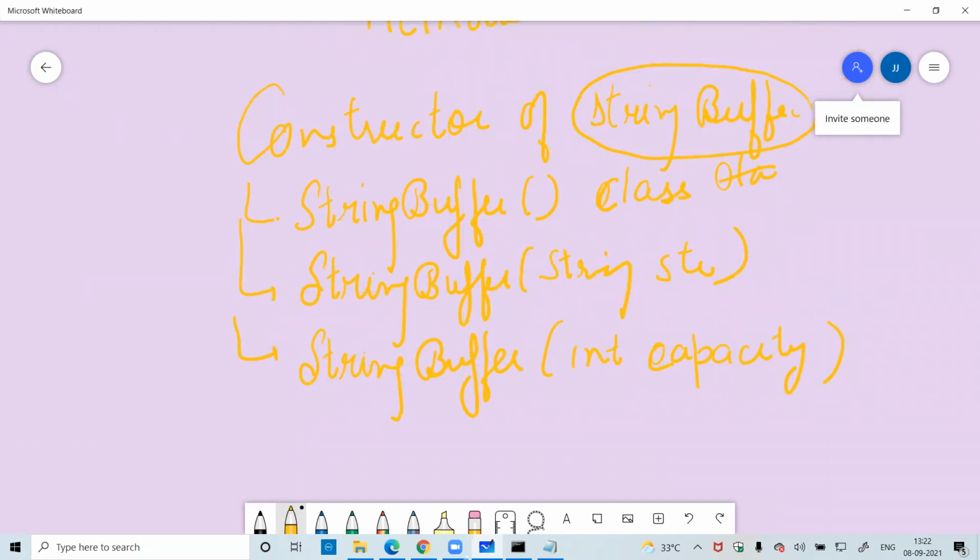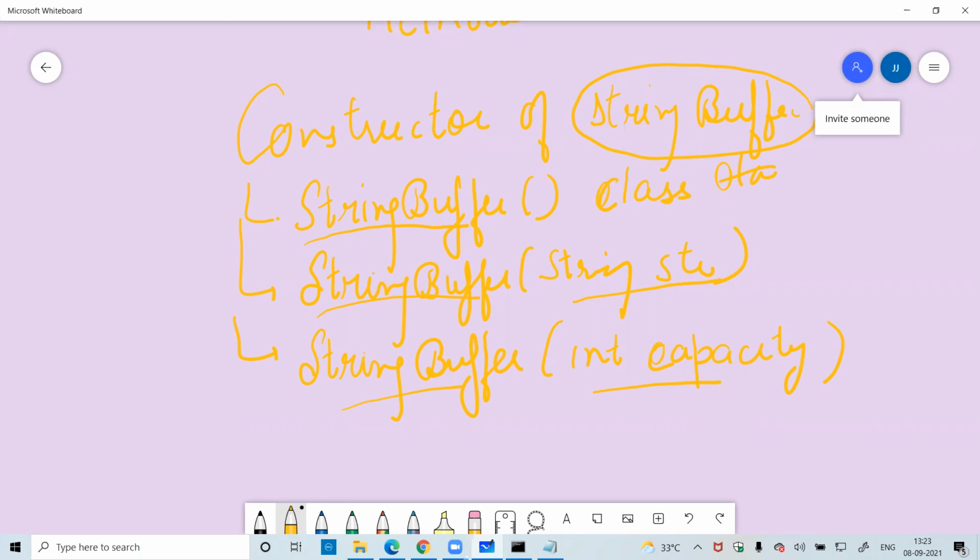We can use the StringBuffer constructor with one parameter, the StringBuffer containing one parameter, that is the int capacity. These are the constructors which can be used in the StringBuffer class.